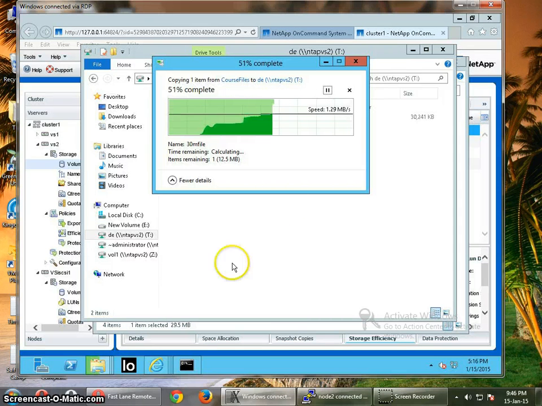Now this storage efficiency, that is the compression,